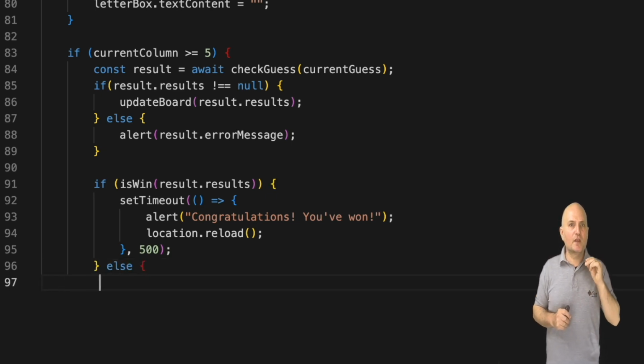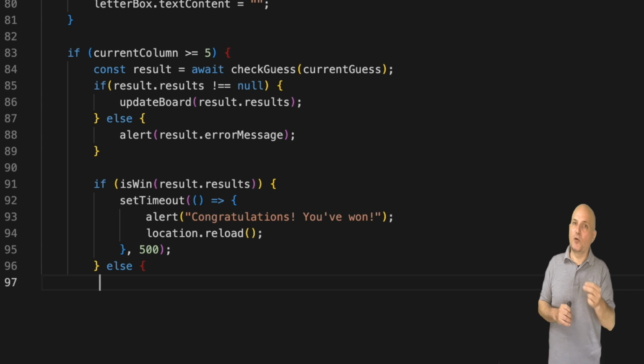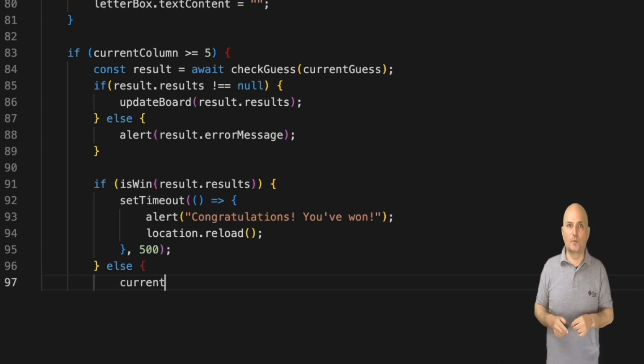We use set timeout to create a brief pause before displaying the alert message and reloading the page. The pause helps ensure that the visual updates on the game board are complete and visible to the user before the alert message is shown.